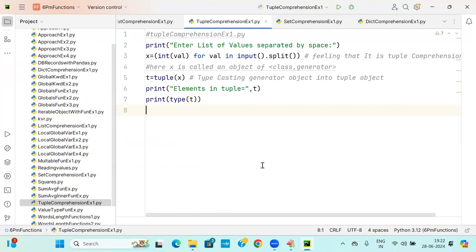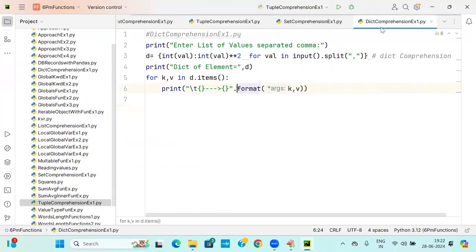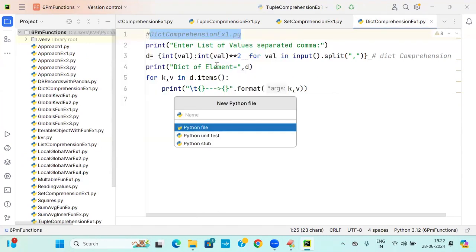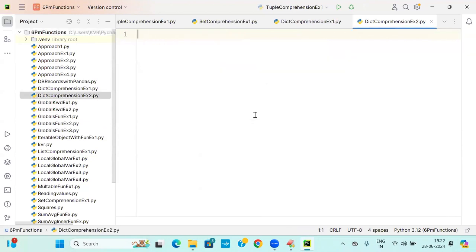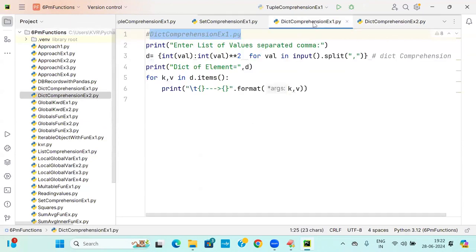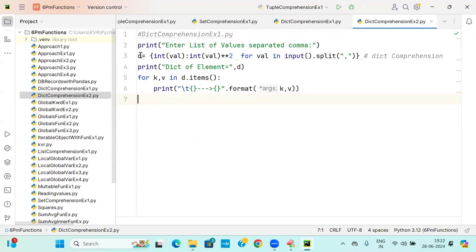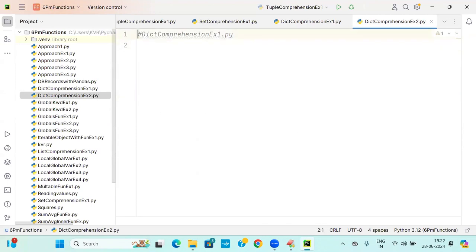One more thing I want to go for. Another example I want to tell. What is the next example? Watch it. Dict comprehension example 2.py. Observe, students, all of you. I'm going to take up a new file, 2.py. Done. Now I'm writing the code. Remove this entire thing. What is the program now? Program for